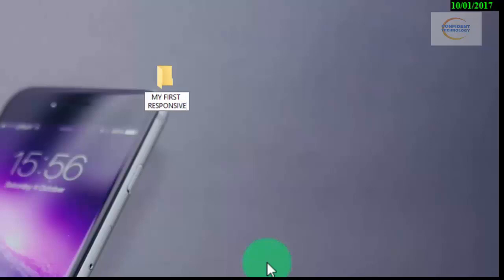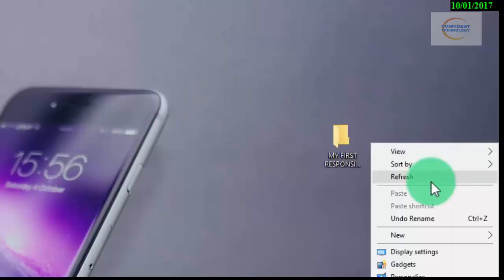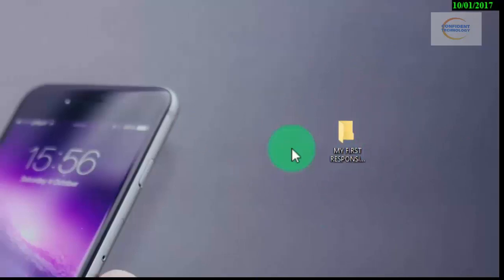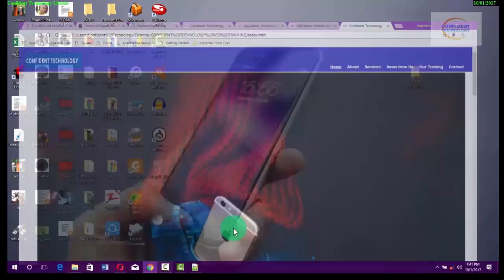Okay, my first responsive website. Just put it at the top or any part of your browser or desktop. So after you install Notepad++, understand that if you are building a website, once again, every text, picture, image,